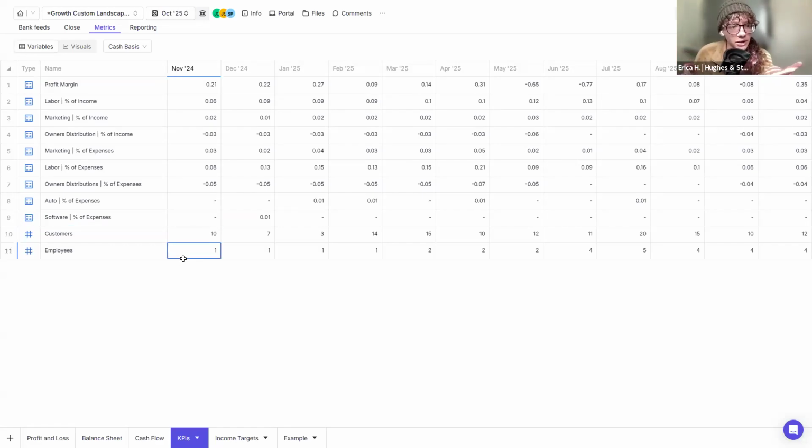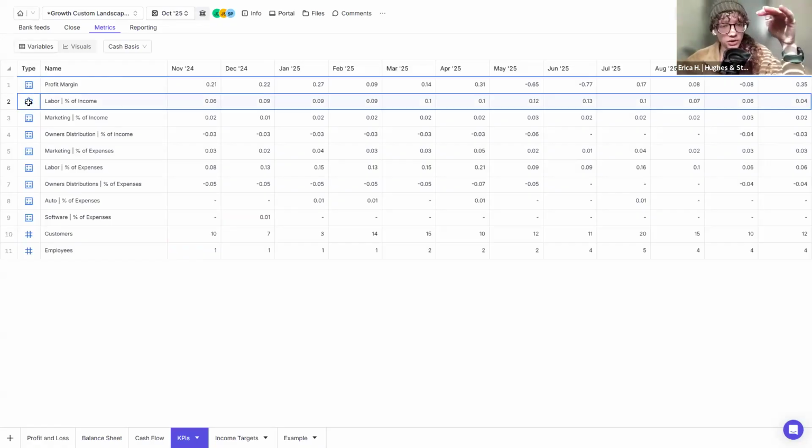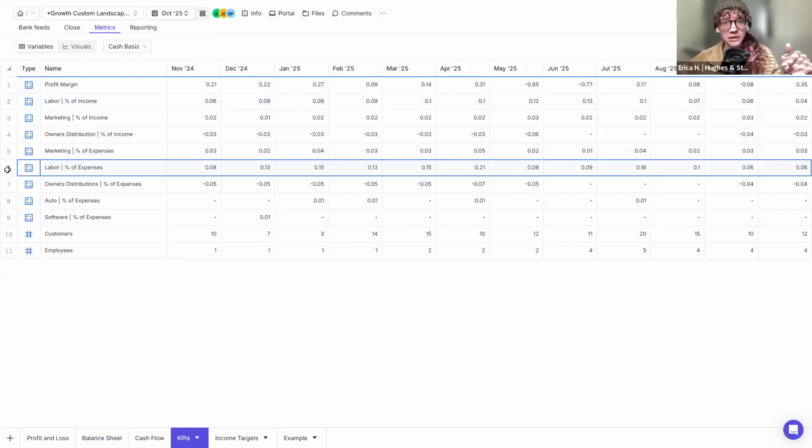The other thing I want to mention here is that, going back to really thinking about the story you want to create, I have an example here for labor as a percentage of income. So that formula is labor divided by the total income. I also could do labor as a percentage of expenses. Both of those are going to tell my client very different things, right? So labor as a percentage of income may be something like we don't want our rent or our labor going over 30% of what we make. So we're going to keep an eye on that and watch it